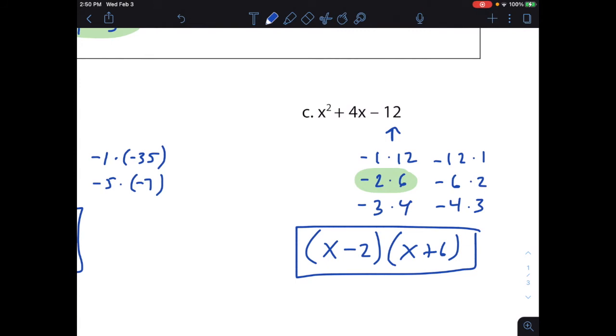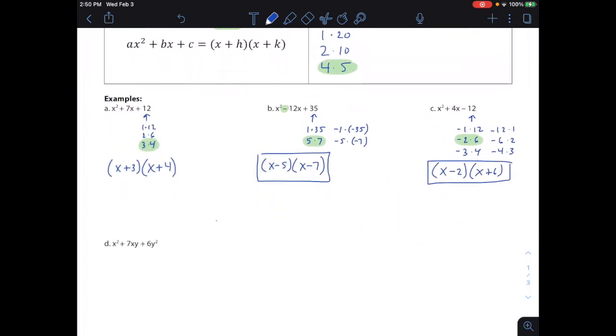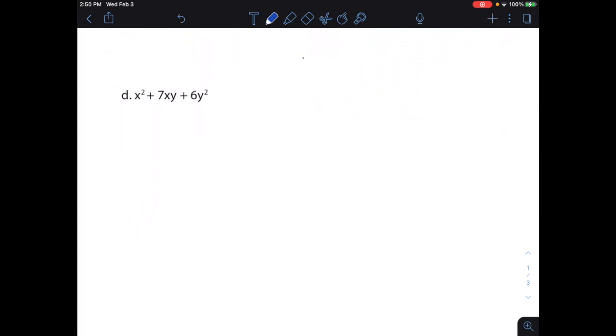If you want to write the 6 first and the negative 2 in the second one, that's perfectly fine. Okay, so these are basically the three different types of things that you're going to run into when you're factoring trinomials like this. All right. There are some special circumstances, and so example D is a good example of a special circumstance that you're going